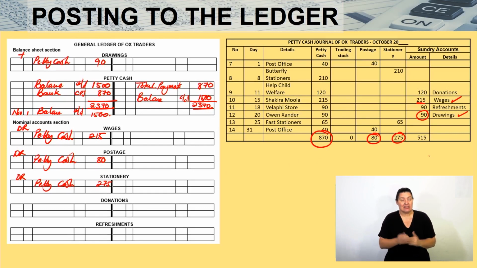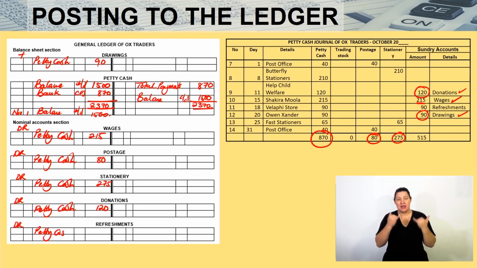275. The next one that I'm given is donations, 120. So again, on the debit side, I'm going to now say petty cash again, and then I'm going to bring my 120. Then lastly, it is my refreshments and expense again on the debit side. So I'm going to now say petty cash, and then on the amount column, I'm going to put my 90